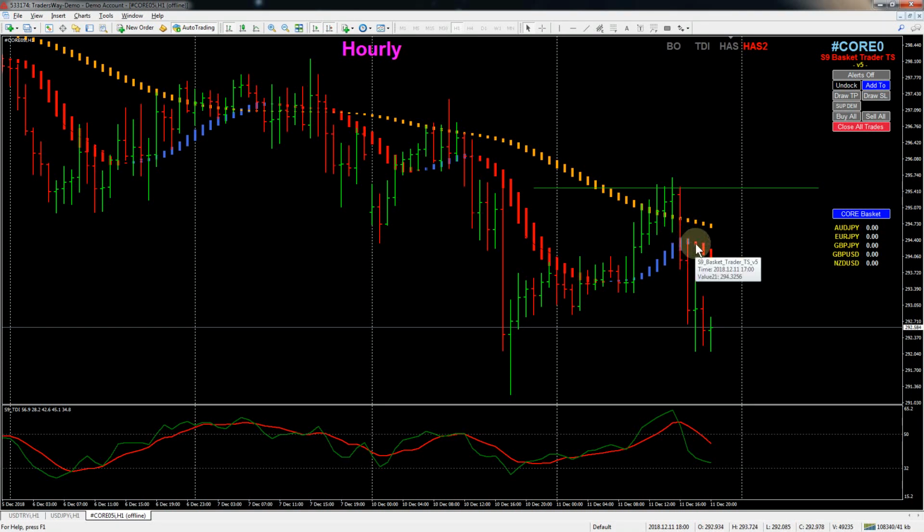which would have been on this candle. Right here is when you would have got the signal. So we're past that one already. And we have no TDI signal because that's already passed. It's well below. We're down around the 50 point here, so no TDI, no breakout because I don't have any breakout line positioned on here for a breakout. Okay, so that's the